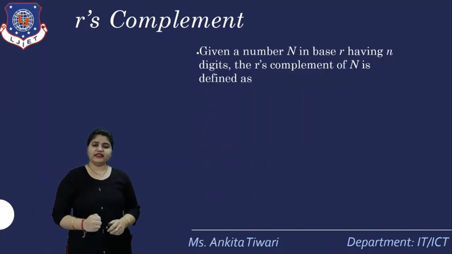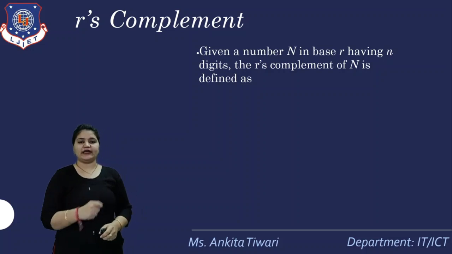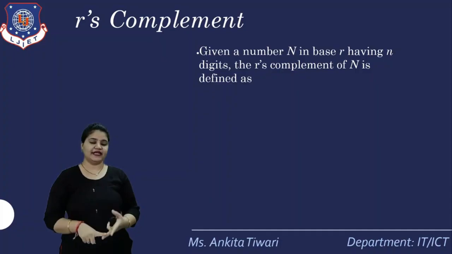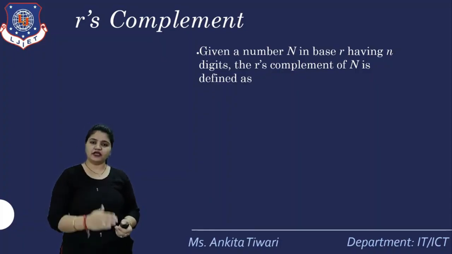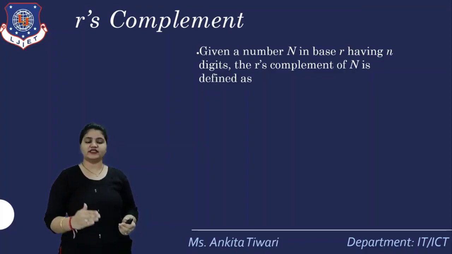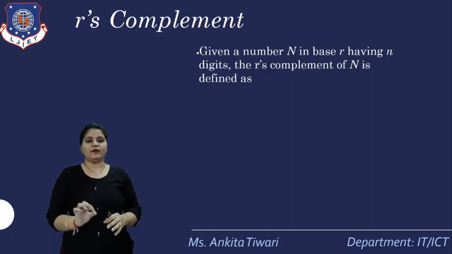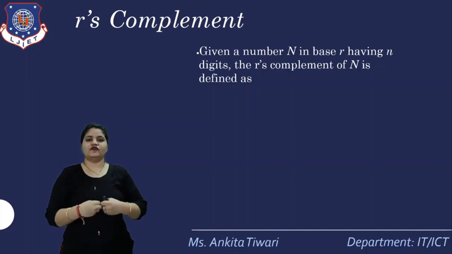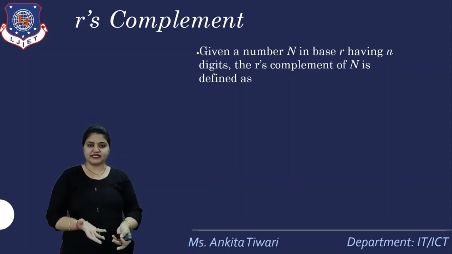So here, R stands for the base. We know 4 types of base system: binary, octal, hexadecimal and decimal. Now if I am talking about the base, then we have other bases also, like BCD and gray codes. Then we have the base 3, the base 5, the base 6. So if I am talking about R with the base 10, that means tens. If I am talking about 5, that means 5. If I am talking about 6, that means 6.